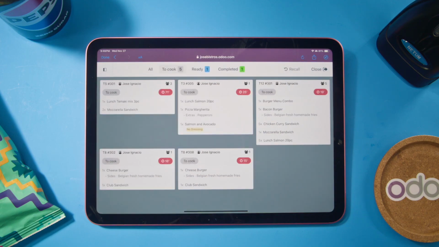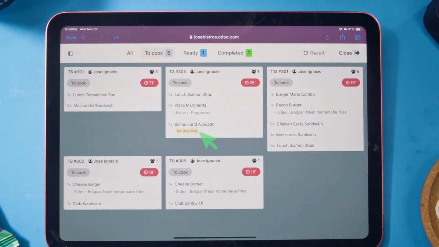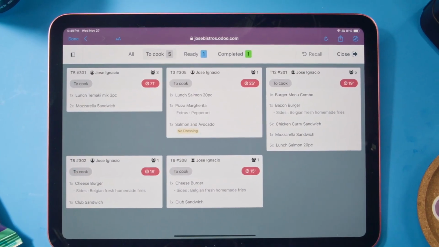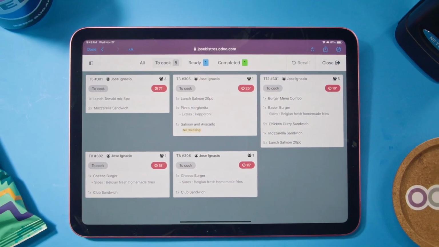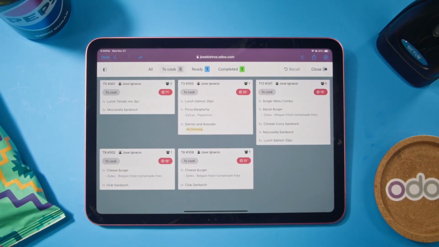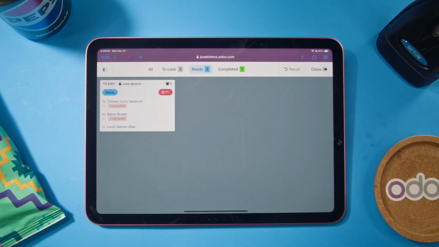And inside of here, keen-eyed Odooers can see that note dressing has been color labeled as a predefined internal note, along with all of our orders we have sent so far. This allows chefs to immediately see what's ready to go, and waitstaff to also see what's been completed. Each of these orders only requires simple clicks to move between stages, making certain waitstaff and kitchen staff don't waste